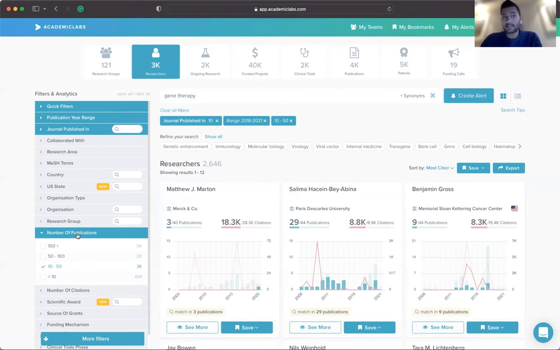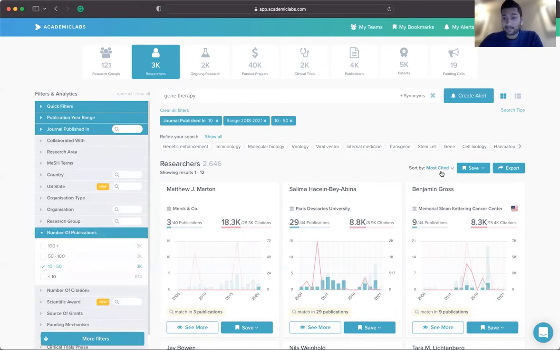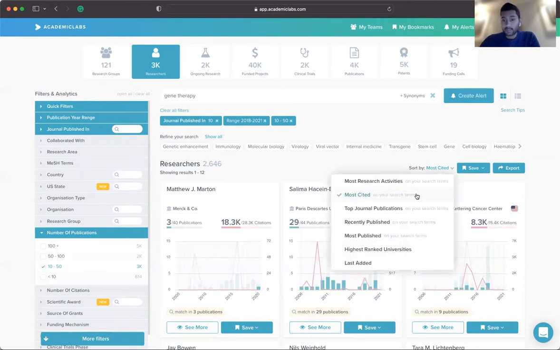So this shows that they are not that active in the R&D ecosystem yet, but they have indeed been publishing in top journals. And at the same time, we auto-select the most cited on your topic filter as a quality metric. So you can, of course, change the search algorithm according to what you need.